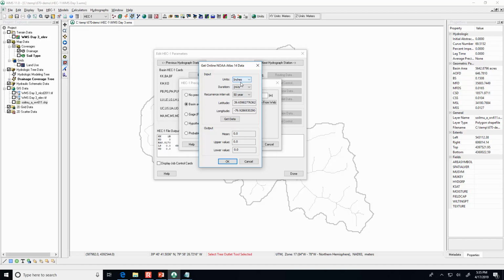Let's find out the 10-year storm. So click on 10-year, get data. It goes to NOAA, the National Oceanic and Atmospheric Administration, and for a 10-year storm, it's 3.46 inches of rainfall.